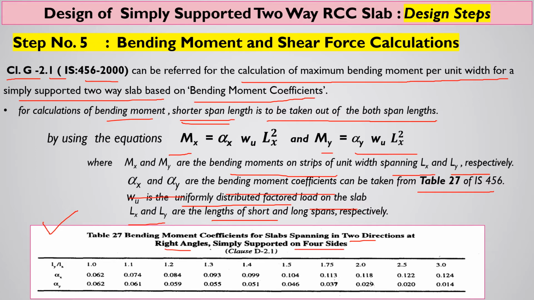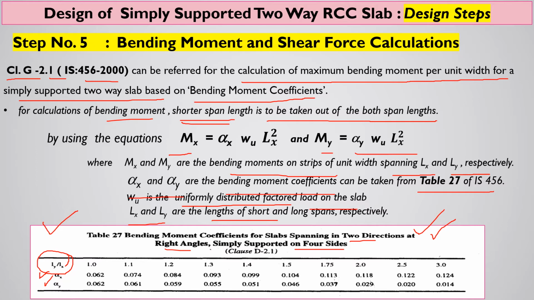So this Table number 27 is applicable when we are going to design a two-direction slab. That means a two-way slab, in simple language, a two-way slab which is simply supported. And so here we have to get the value of alpha x and alpha y based on the Ly by Lx ratio. So first of all, we have to calculate the ratio of Ly by Lx,